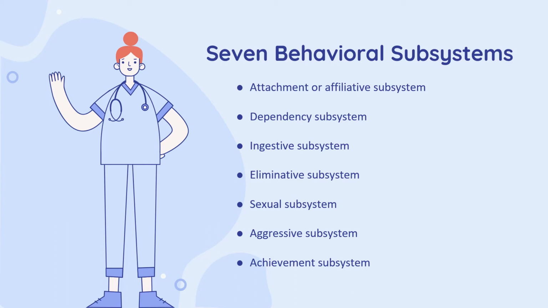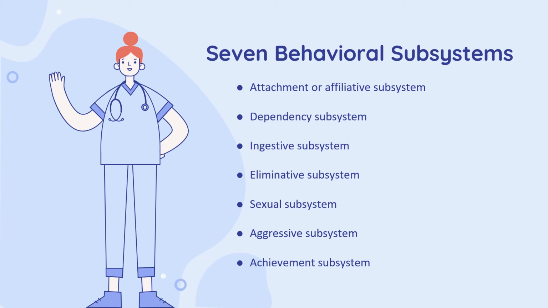On a general level, it provides survival and security. Second is the dependency subsystem. Dependency subsystem is the approval, attention, or recognition and physical assistance. In the broadest sense, it promotes helping behavior that calls for a nurturing response. Third is the ingestive subsystem. Ingestive subsystem is the emphasis on the meaning and structures of the social events surrounding the occasion when the food is eaten. It should not be seen as the input and output mechanism of the system.